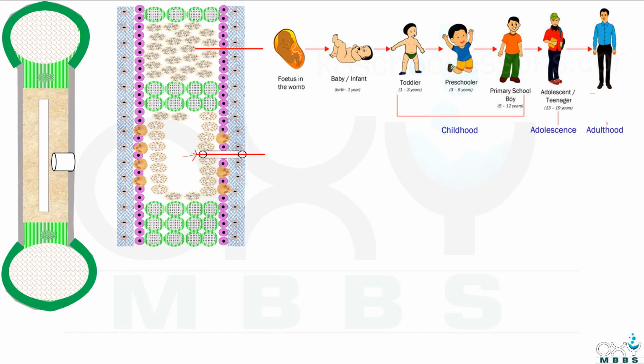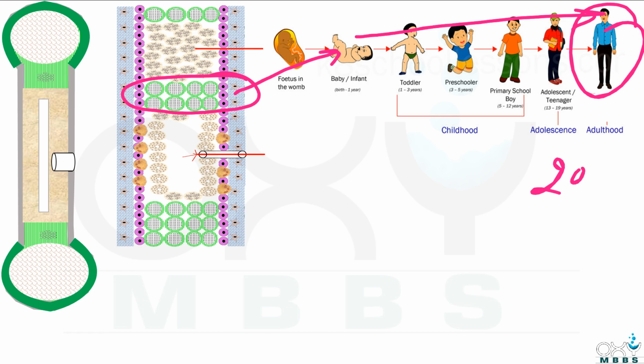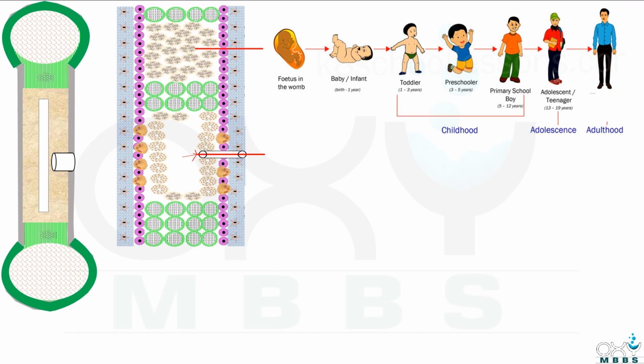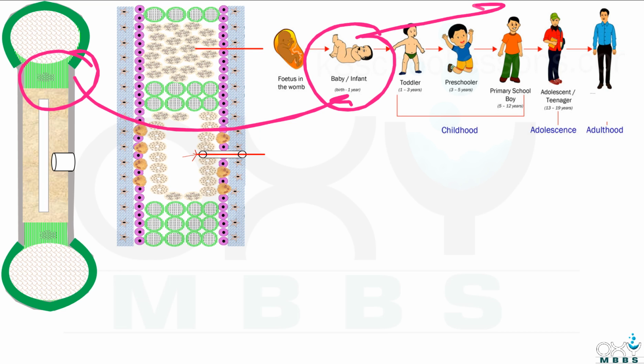And because of this growth or epiphyseal plate, the length of the baby increases till adulthood, that is at around 20 to 25 years of age. And in the next video we will discuss how this growth plate is responsible for the increase in the length of the baby, and also we will discuss intramembranous ossification and many more.